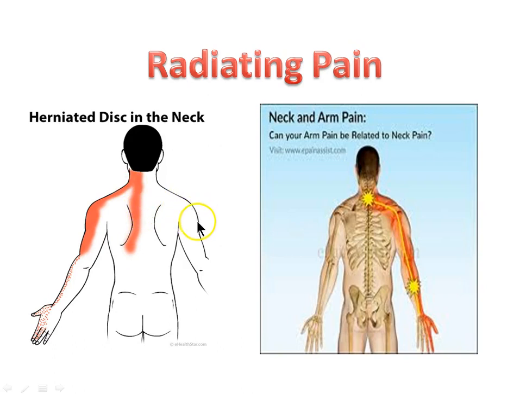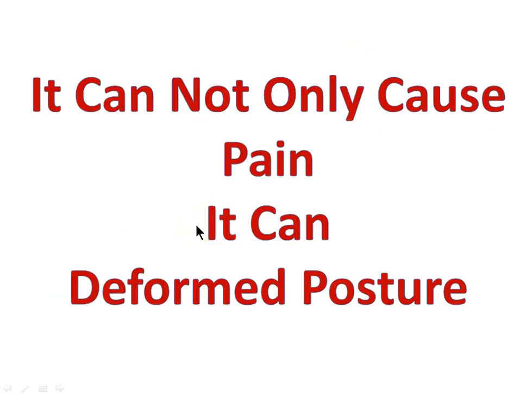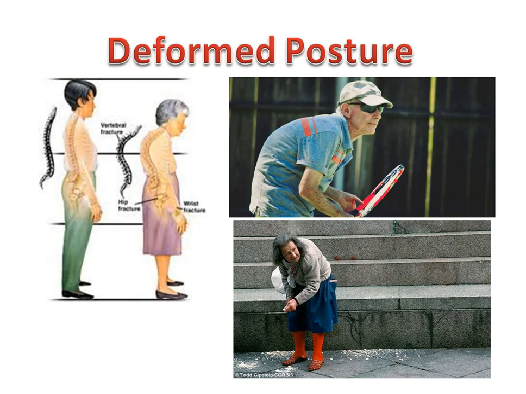That's called radiating or radicular pain. So it can not only cause pain, it can also cause postural deformities. These postural deformities, well, when they're advanced, they look a lot like this, and that is not what you want to look like. Now, this gal has got good posture. Look at that. Her ear lines up over her shoulder, over her hip, but as we see this degeneration progress,